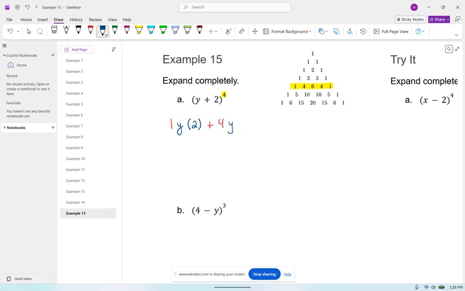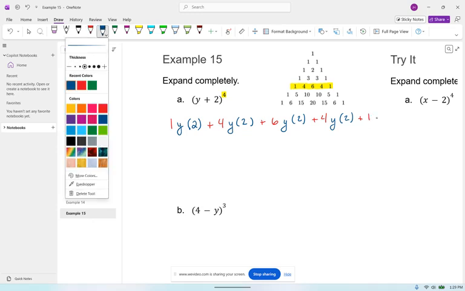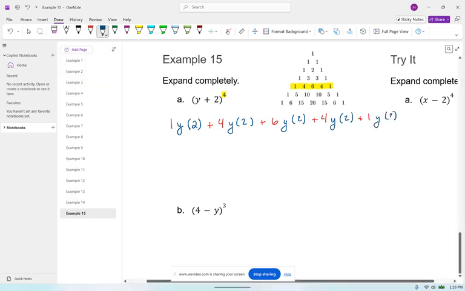we have y and 2, and then we have plus 6, y, and then 2, plus 4, and then our two terms, y and 2, plus 1, and then y and 2. Okay, so we're going to work with our exponents now, and it's going to be just like we did in